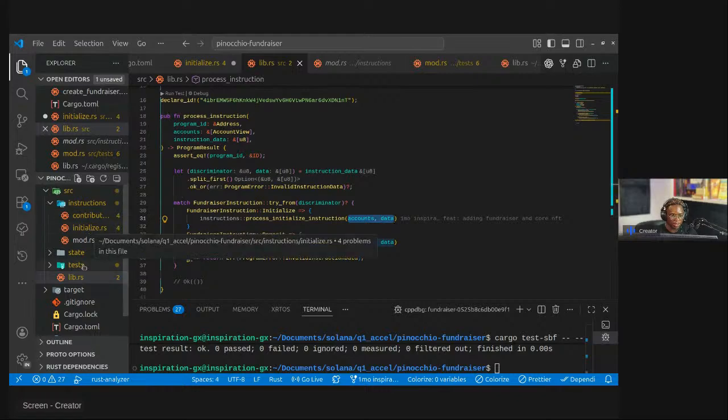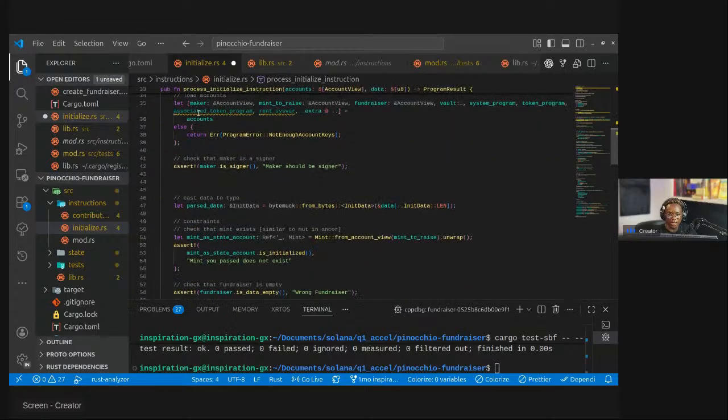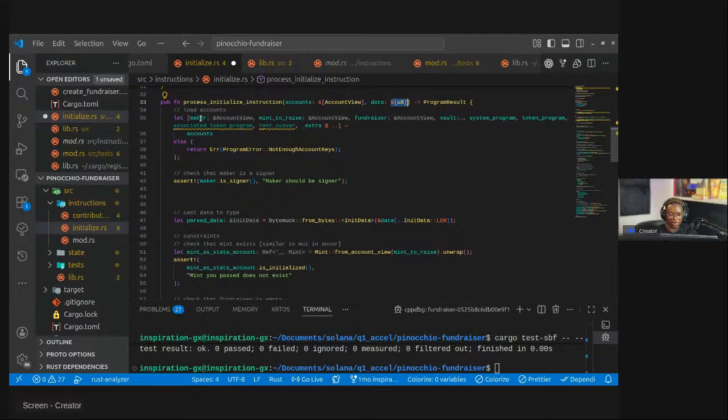So that's what we're doing inside initialize: we're passing in the accounts, which is accounts view. This is a new update for Pinocchio. Previously, you would have seen AccountInfo if you are familiar with it from the core library. It's now called AccountView in Pinocchio. So it's just an array of account views, so all the accounts, and the data is also a big array of bytes. And for the accounts that we need for this instruction, we're hard coding the accounts that we actually need for this